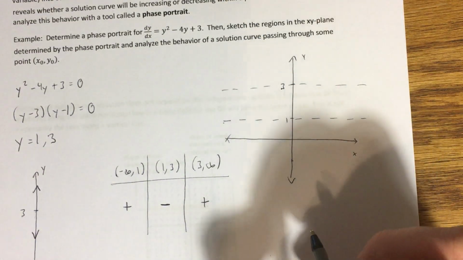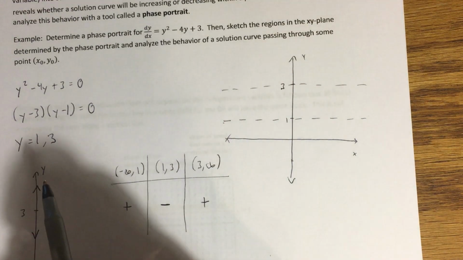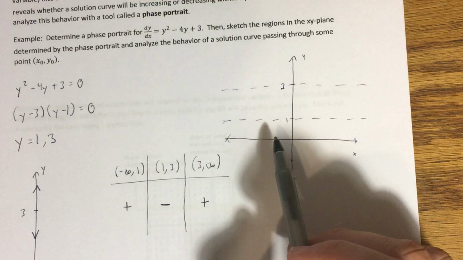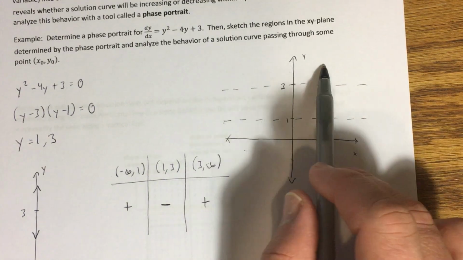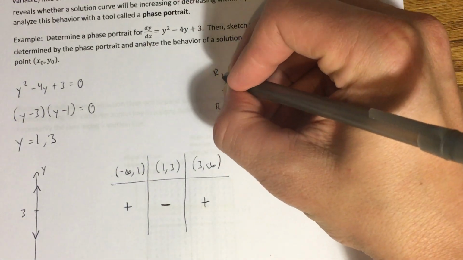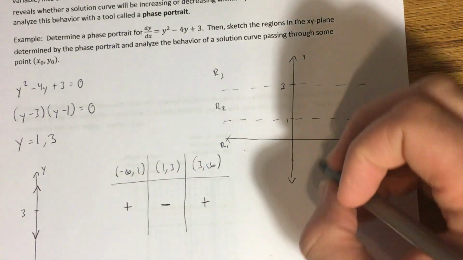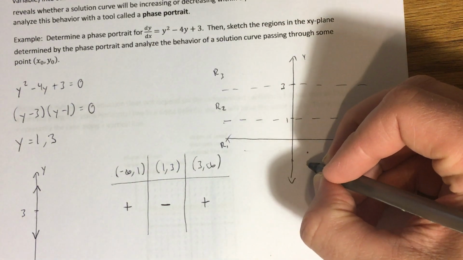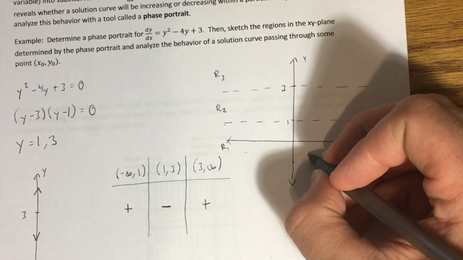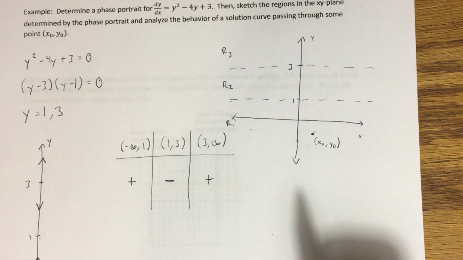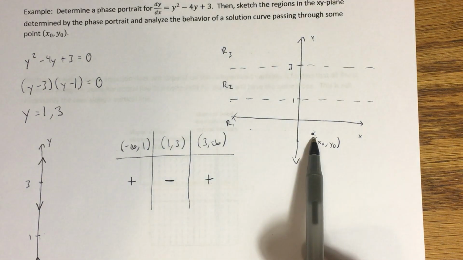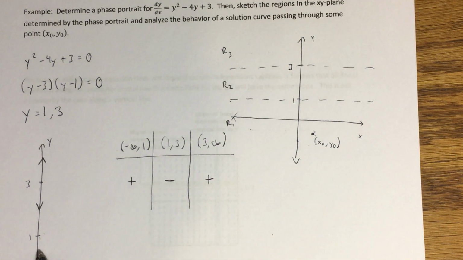So I use my equilibrium solutions to put these two horizontal dashed lines in the plane here. Now let's suppose that we have some point x naught, y naught. And notice that by putting these horizontal lines in here, I've divided the plane into 3 separate regions. I'm going to call those regions R1, R2, and R3. And let's just pick some arbitrary point x naught, y naught in the first region. If I'm looking for a solution curve that's passing through this point, what does my phase portrait tell me about that solution curve? Well, according to my phase portrait, which is down here,